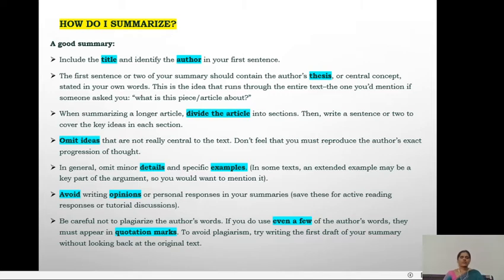Be careful not to plagiarize the author's words. That means you should not quote the exact words of the author in your summary. Instead, you should read the text, understand it, and put in your own words what the article means and what the main points are that the author is trying to tell. Only those main points, put in your words, make the summary. That is very important. We should not exactly quote the author's words, as that is like copying from the original text. So we have to remember all these points when summarizing a text.